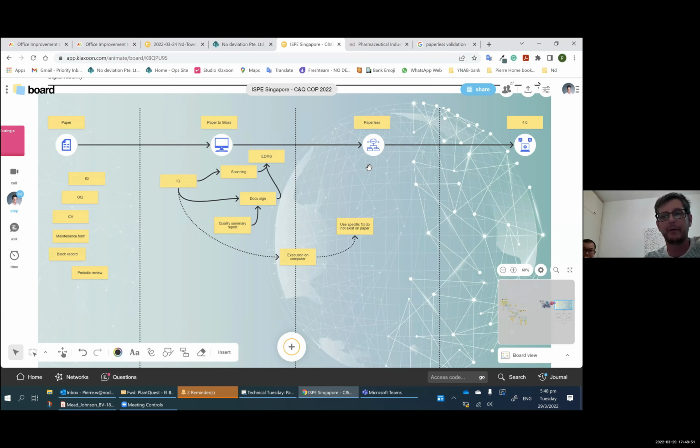That would be really the paper to glass. But then the paperless will say, instead of having all those lines, I can now give a unique identifier to those user requirements and enter them into a database, so I can query my data in different ways, right? So really, for me, the paperless is thinking in terms of database.